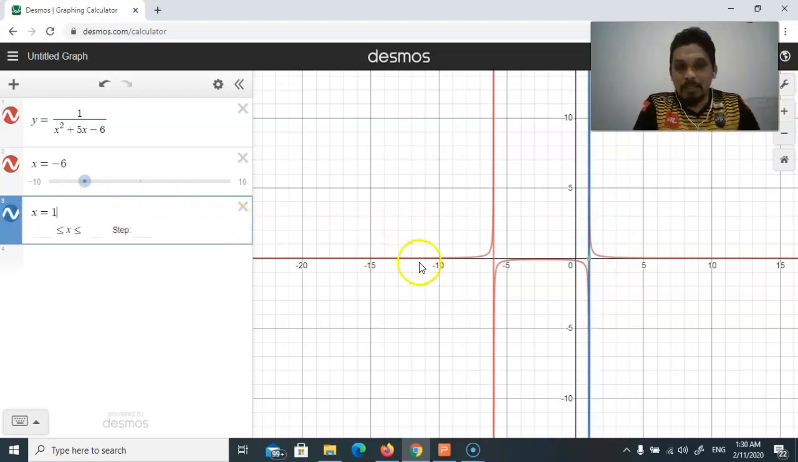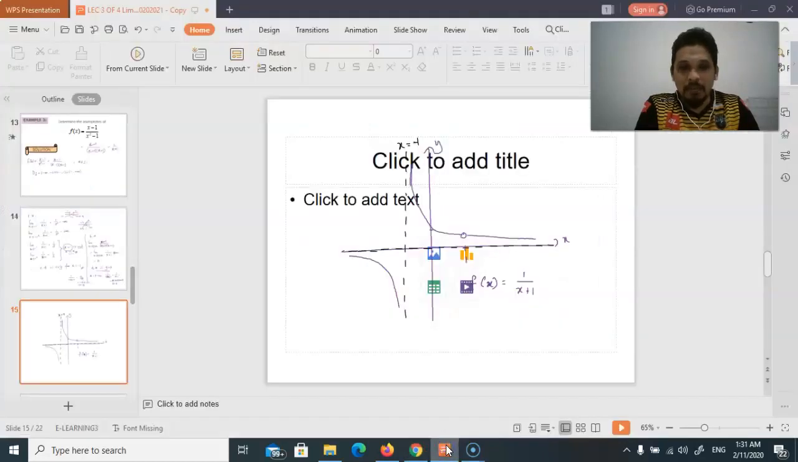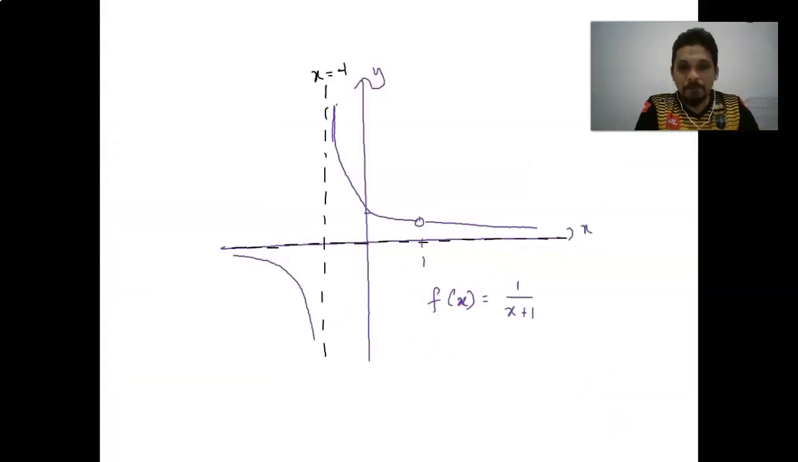So x equals negative 6 and x equals 1 are considered vertical asymptotes, which means that the graph will only approach the line, but it will never touch or intersect the line at all. So I think you may try the page by yourself. Okay, so now